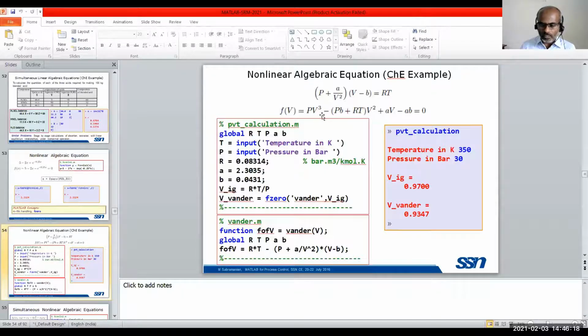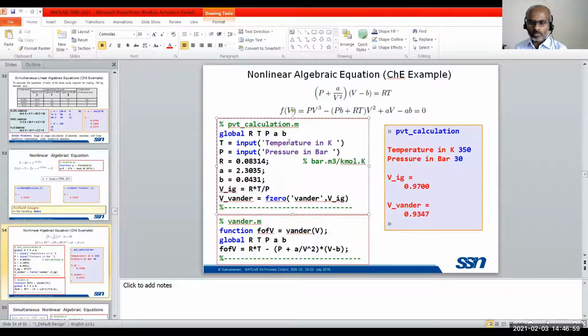To solve for V, you will end up with 3 roots for V. So which is the correct root? These are not easily possible. Even solving this cubic equation is not straightforward, as it is with a quadratic or a linear equation. So we'll go for a nonlinear solver. Luckily we have fsolve. You can even try this with Goal Seek in Excel, as already given by Balasubramanian sir, which is a very nice tool of Excel. In MATLAB, we have fsolve, and not only fsolve, we have a lot of other functions available.